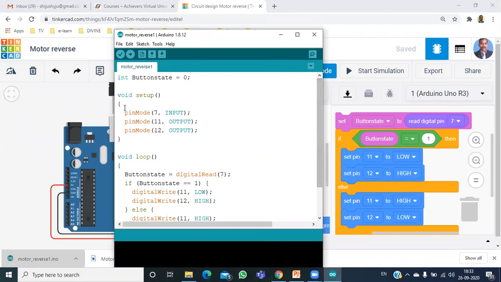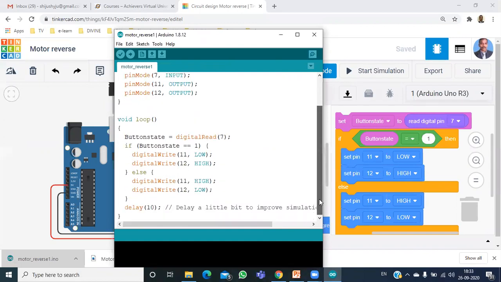This is the initial condition, and pinMode 7 is the input pin, and here we have two output pins, that is pin number 11 and pin number 12. And inside the loop, button state is equal to digital read, and if the button state is equal to 1, then pin number 11 should be made low and pin number 12 should be made high.